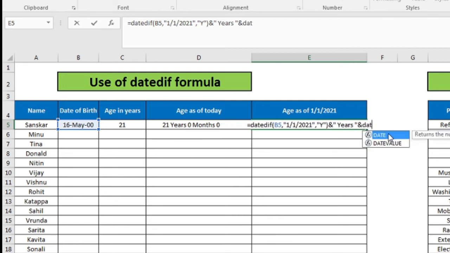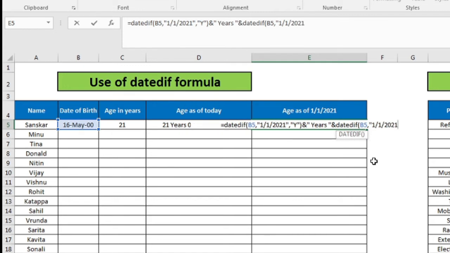Now the next formula, DATEDIF, open bracket, again date of birth, comma, till which date, till 1/1/2021, so that should be in double inverted commas, 1/1/2021, complete double inverted commas, and then comma, and then this time which format, I want number of months, so between double inverted commas ym, complete double inverted commas, and then this will complete my second formula.